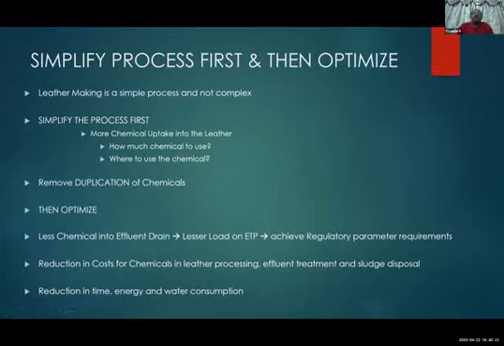So what does simplification of process mean? Leather is made by a process. We start from wet blue, so I will say it's a process starting from wet blue to finish. This presentation is more towards the wet end and a little bit of finishing at the end. First we start with a process or formulation from wet blue to rust. We all know, most importantly, leather making is a simple process. It has to be a simple process, and we should make our process simple. It should not go into much complexity.